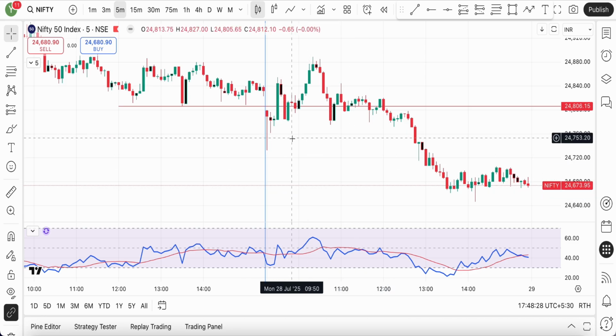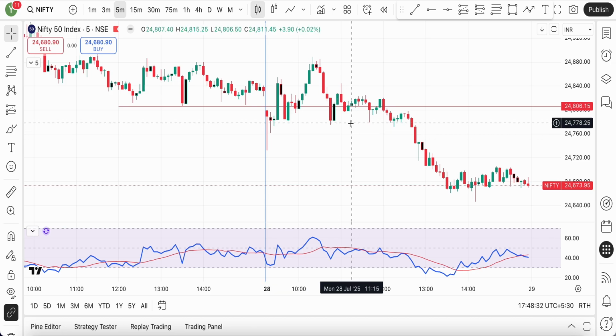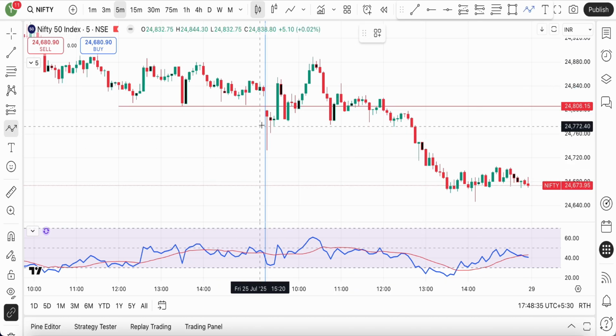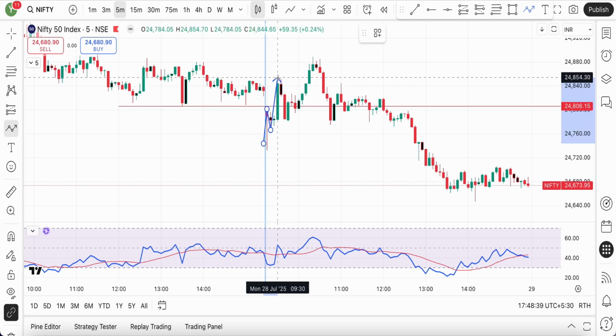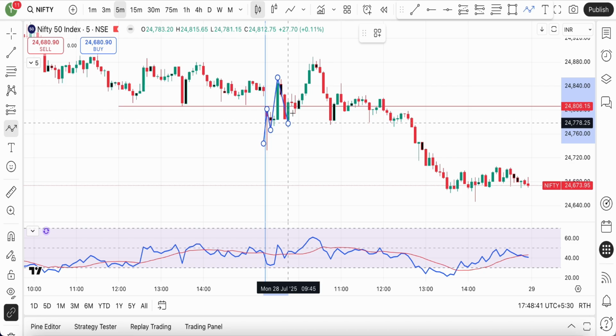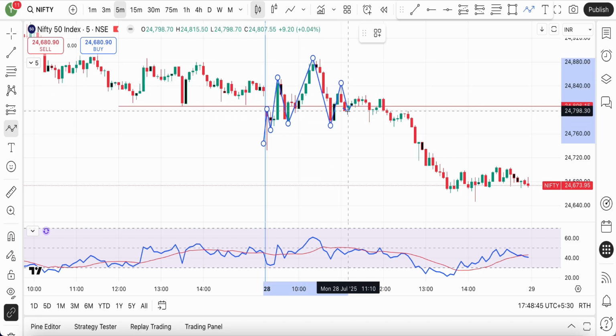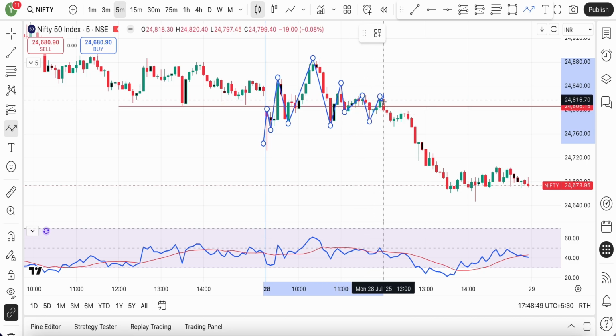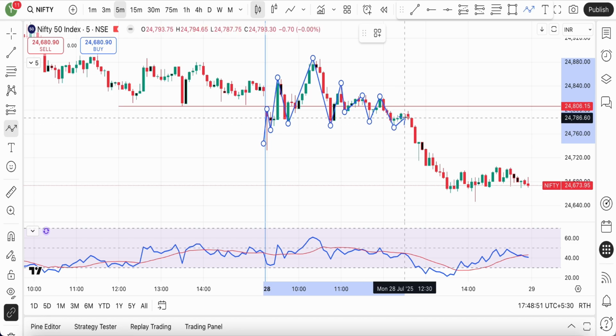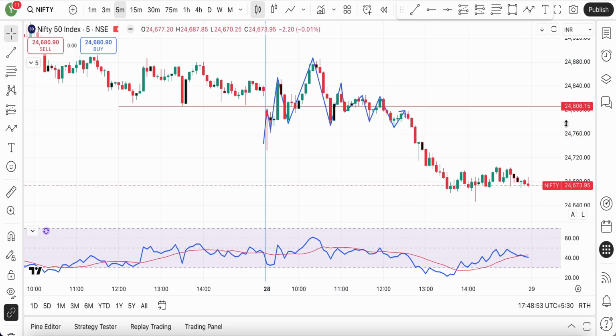Now, I will quickly be demonstrating how I look at market structure. I do not use this particular tool to draw market structure, but in case somebody is new to understanding market structure or has some difficulty understanding it, they can definitely use this particular tool to try and understand what exactly is happening, right? So